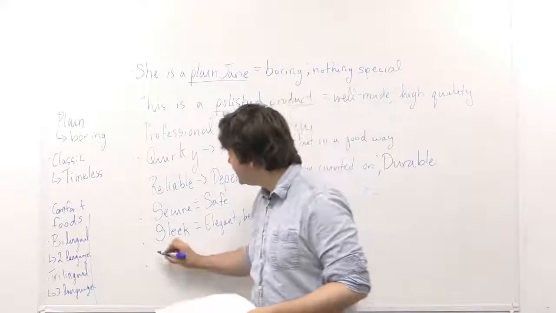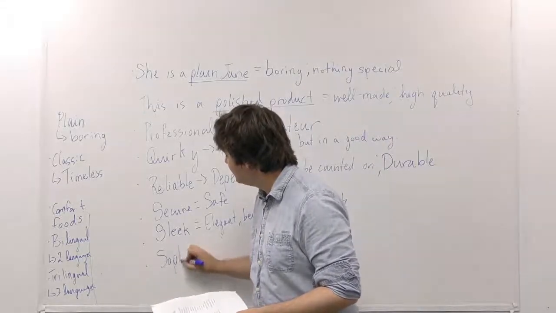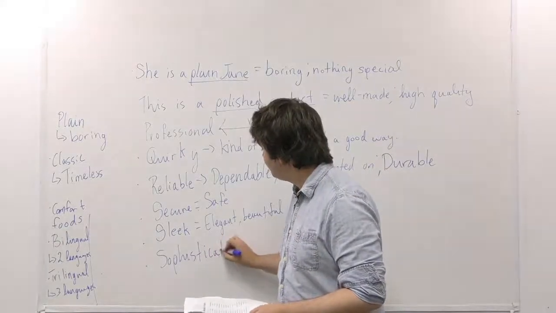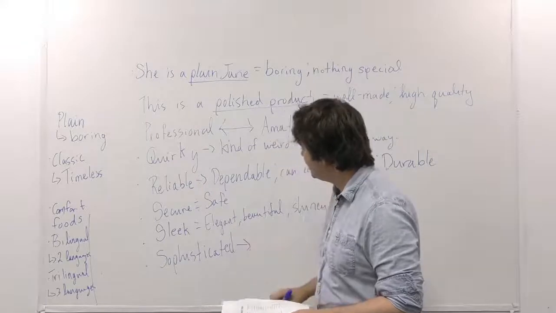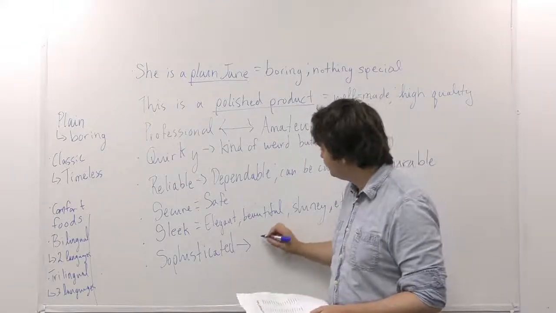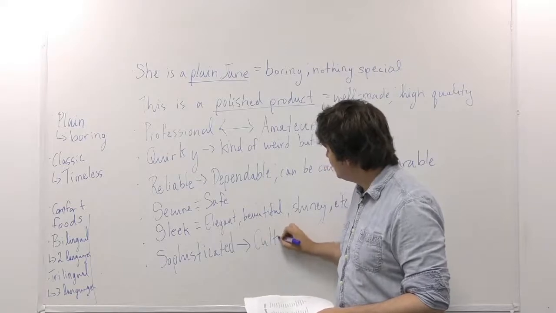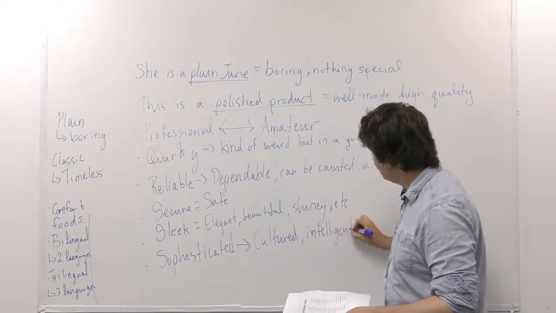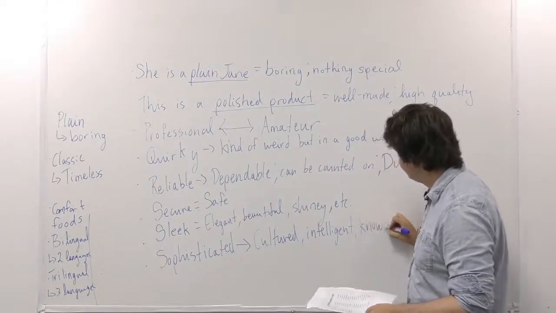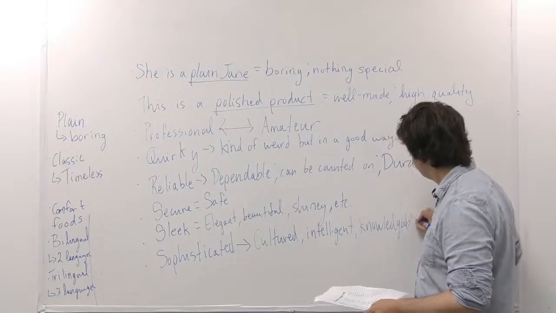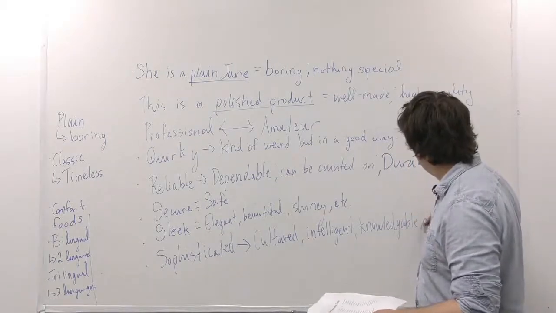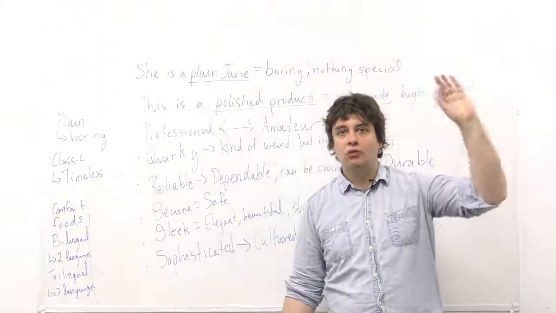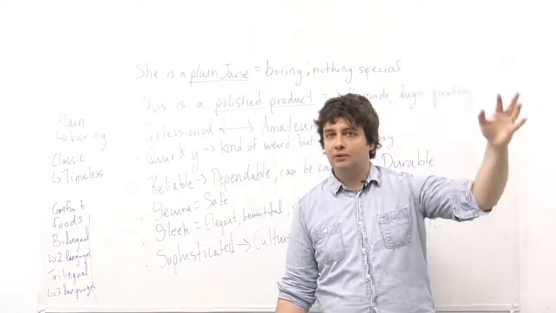Ooh, that is a nice word for describing people, possibly products, but I use this more to describe people. Sophisticated. Now, synonyms of sophisticated would be terms like cultured, intelligent, knowledgeable, etc. When we think of sophisticated people, we imagine people that are quite intelligent, maybe speak a couple of different